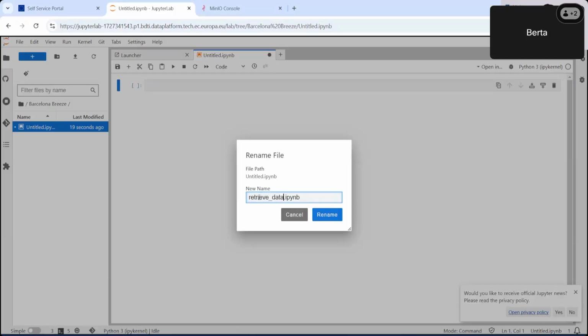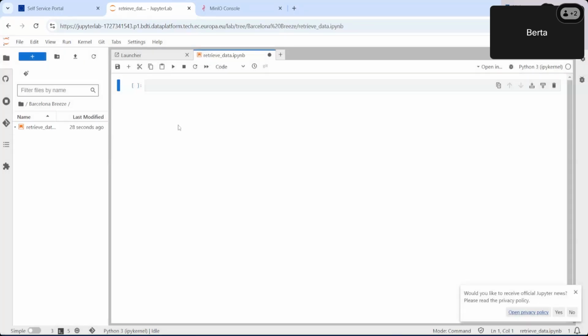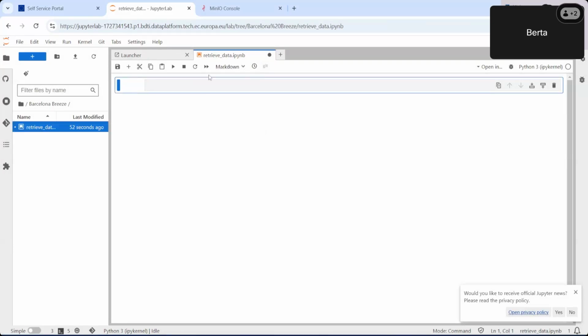Name it retrieve data, rename, and now we're going to go ahead and write some Markdown. Markdown is a simple language that allows you to include formatting instructions directly in the text, so bold, italics, cursive. To do that, click on the first cell, and outside of the code area, you can either click here and select Markdown, or press M on your keyboard, and this will now become a Markdown cell.